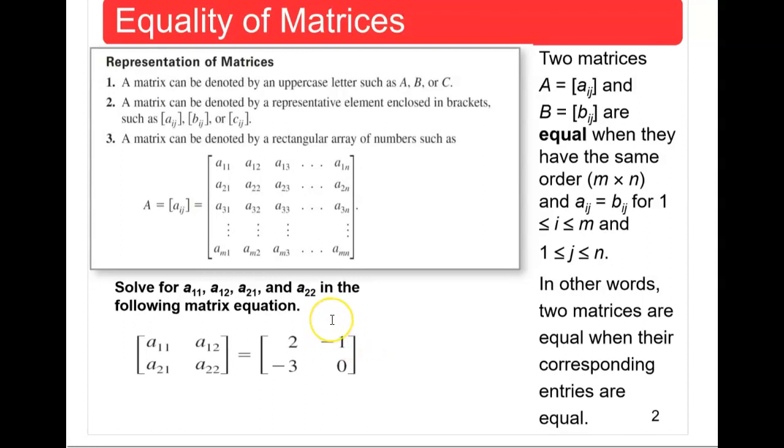So the first objective is to check how to check if two matrices are equal. Well, first, let's see what is a matrix. A matrix is a rectangular array of numbers. So rectangles also include squares. So for example, the two matrices that you see here,